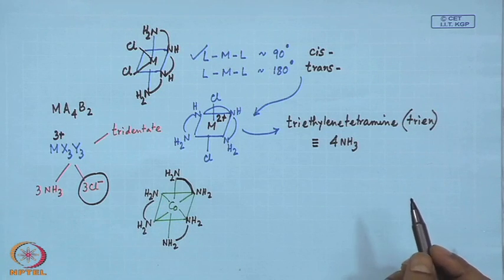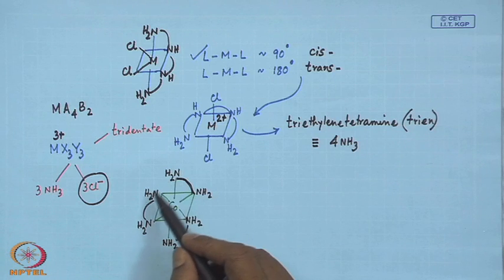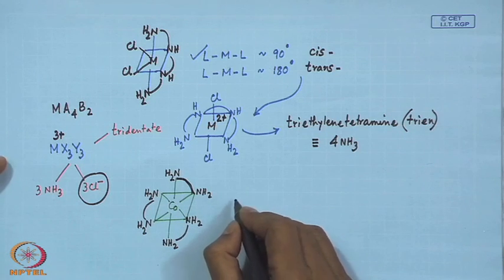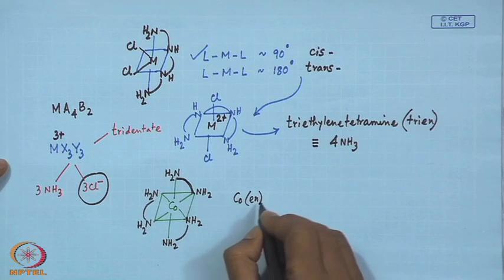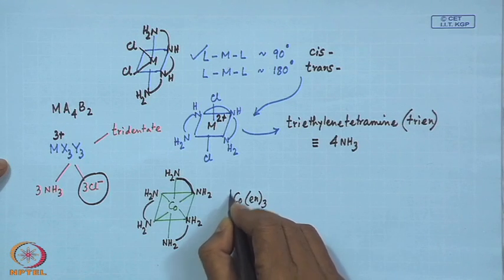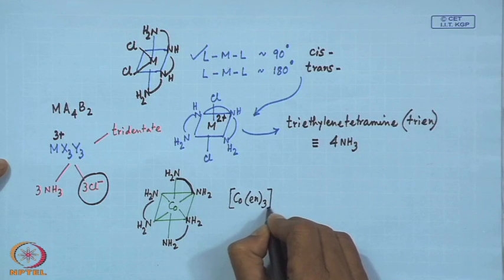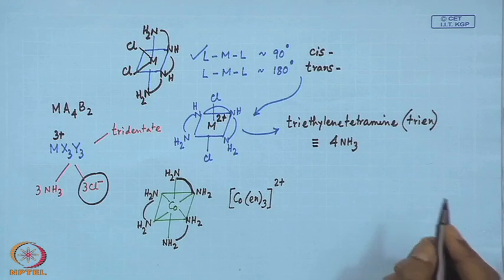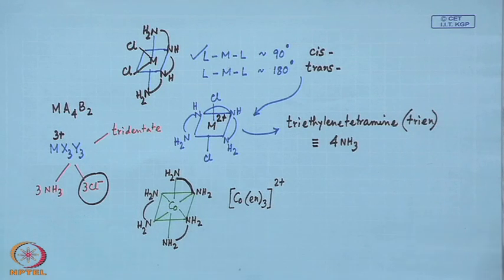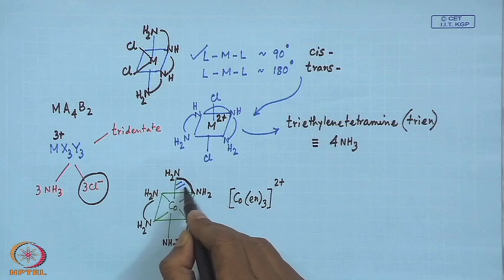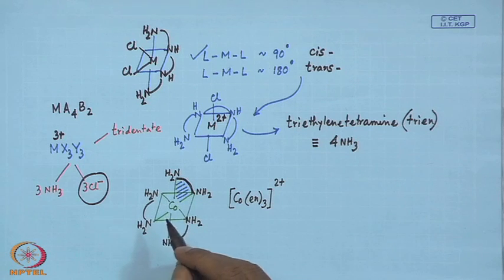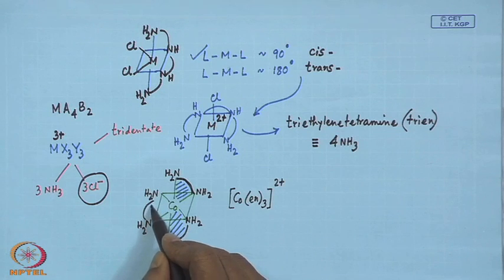So, 3 ligands can bind to these 3 positions, fulfilling the corresponding compound as Co(en)3 2+. So when they are forming this coordination to the metal center, we get one particular plane, this is another chelate plane and this is the